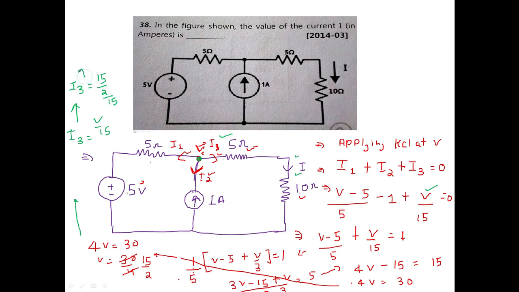Now if we solve it further, I3 is equal to 15 by 2 upon multiply by 15. This 15 is again over, come here, then 15 got cancelled out. I3 is equal to 1 by 2, or I3 is equal to 0.5 ampere. So this is the answer for this required problem, that is 0.5 ampere is the required amount of current flowing through this current I. So in this way we will solve this sort of problem.